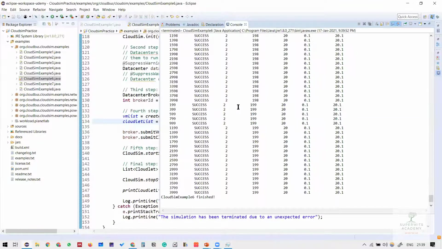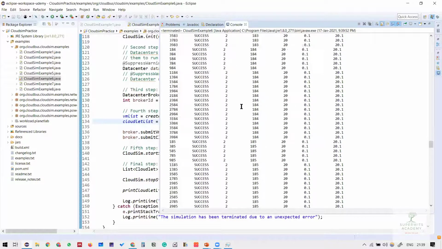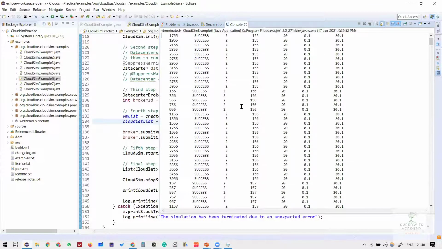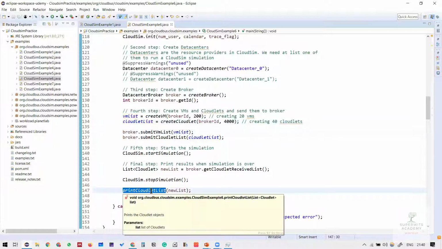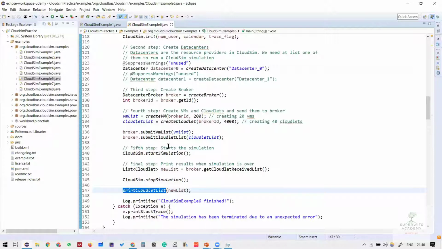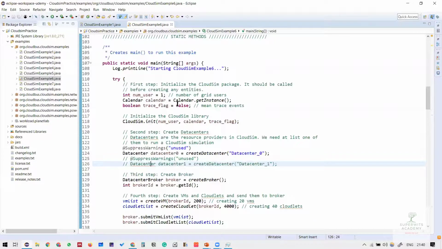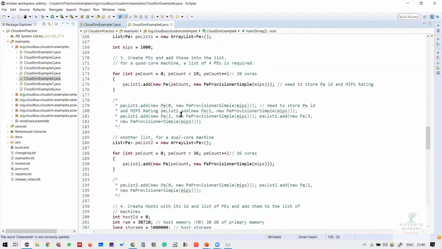Right, so 4,000 VMs are already being created, 4,000 cloudlets are being executed, and so on. So things are working fine. This is only the limit of the buffer which I can see right now. Okay, so if I'm trying to print it to a file, I can just do the file handling code within my log file. That is to be done inside the print cloudlet list, and you can actually have a complete list, which, when you start printing it, generally goes to around 2 GB in terms of your text file. So that is quite heavy in terms of the printing part. So this is how the scaling can be done in terms of your hardware.